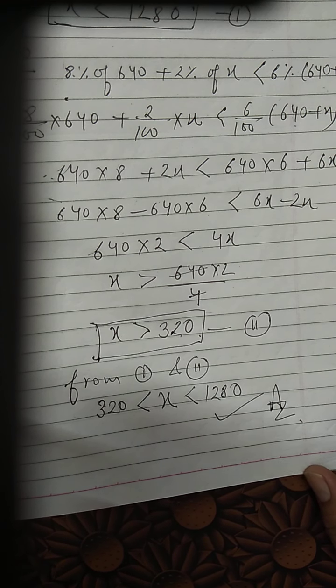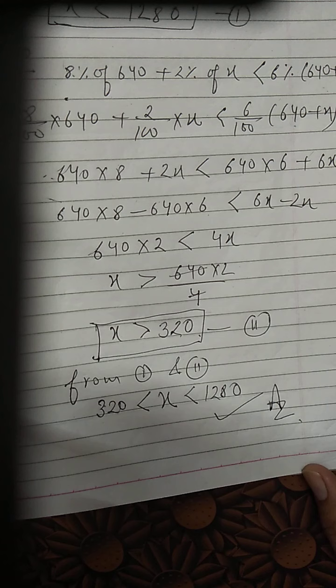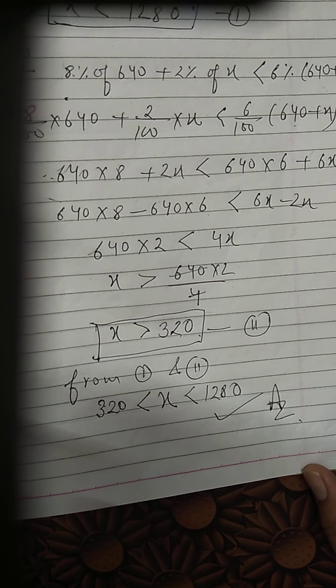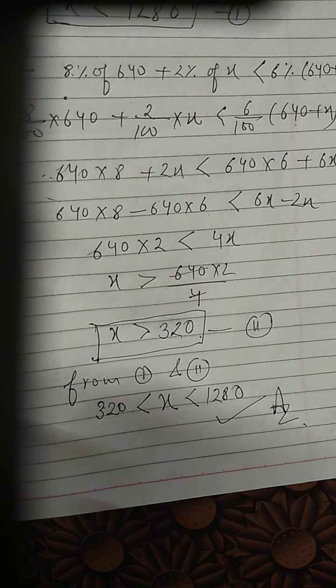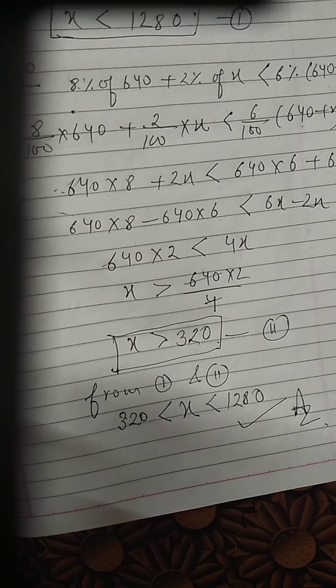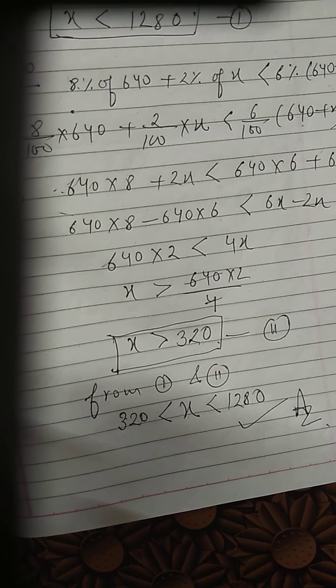Similarly, you people will do the next sum, where we have: how many liters of water will have to be added to 1125 liters of 45% solution of acid, so that the resulting mixture will contain more than 25%. If you try in the same way, making the inequalities and solving, you will get your answer. So that will be your next sum, sum number 13, you people will be able to do.